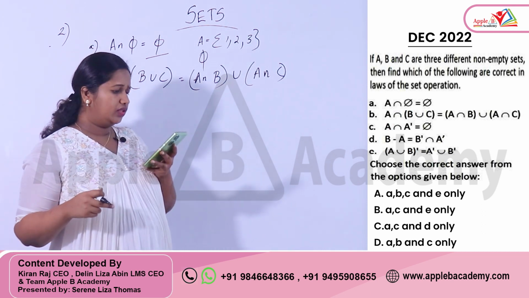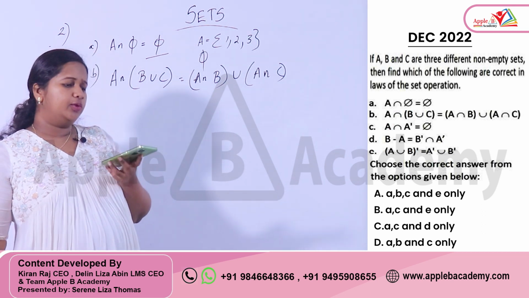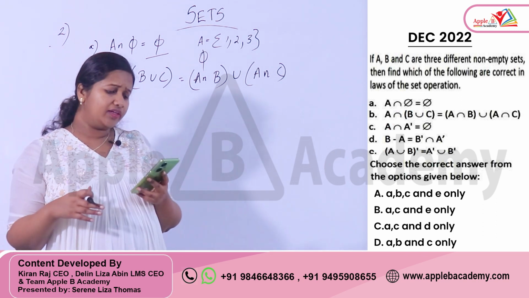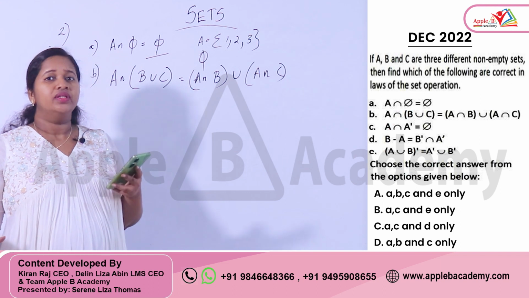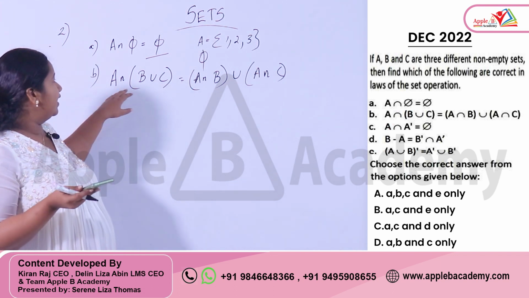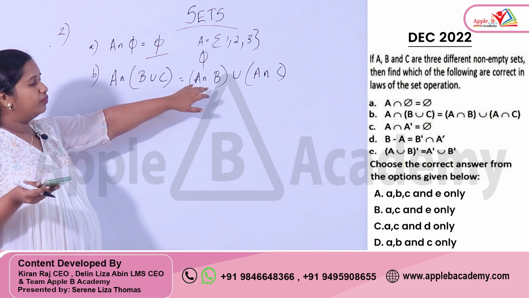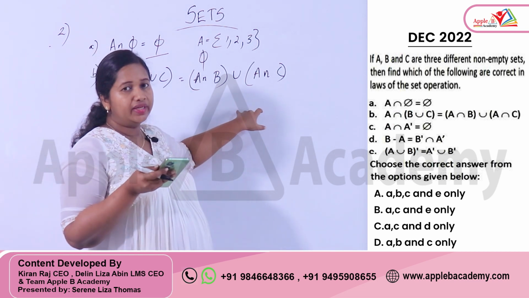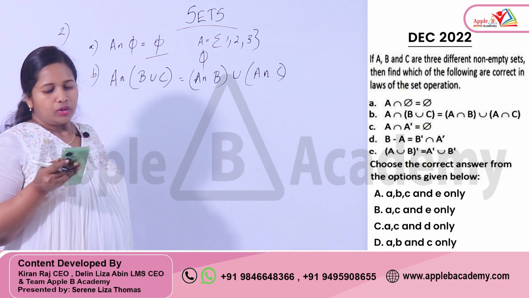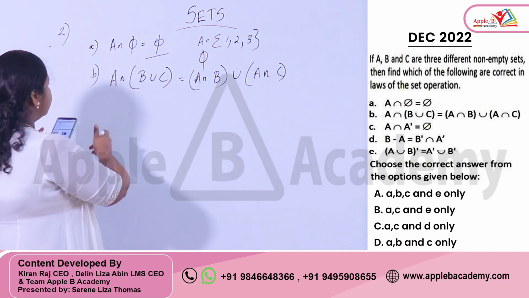Okay, A intersection (B union C) is equal to (A intersection B) union (A intersection C). This statement is correct because this is a distributive law. According to the distributive law, A intersection (B union C) is equal to (A intersection B) union (A intersection C). So this statement is also correct. Okay, then the third one is